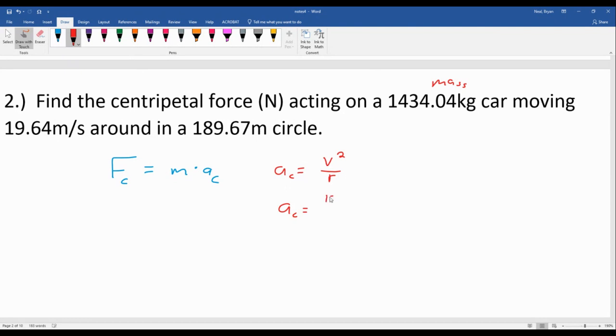All right, so 19.64, quite a bit slower than a fighter jet, but that probably makes sense, I would think. Radius, kind of a big radius. This is like a car driving around the football field or something. 189.67 meters. We've seen how the units worked before, where the meters on top get squared but then partially canceled. The seconds get squared, but they stay that way and they need to. And so if we evaluate this part, we're going to find an answer about 50 times smaller than what we had on question one. So the centripetal acceleration for this part,